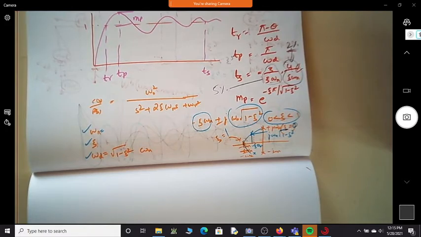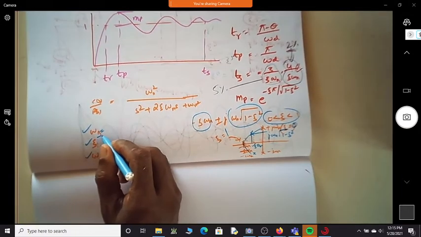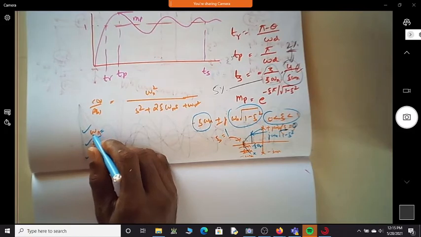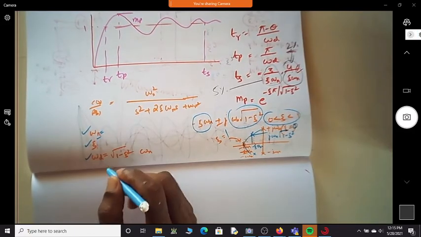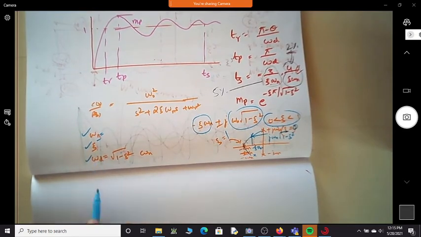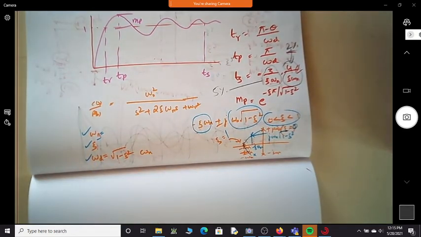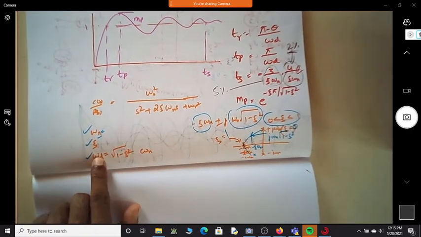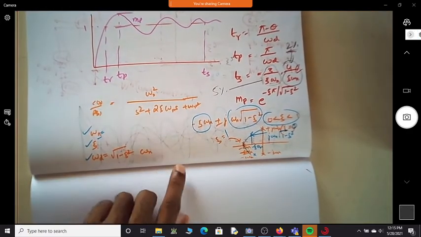The free oscillation frequency, sir. Okay, of course, this is the undamped frequency; it is also called the natural frequency of oscillation, because omega n is the natural frequency of oscillation. And zeta is defined as the damping ratio, or damping factor. Omega d is the damped oscillation frequency, called the damped natural frequency. This d stands for damping here.